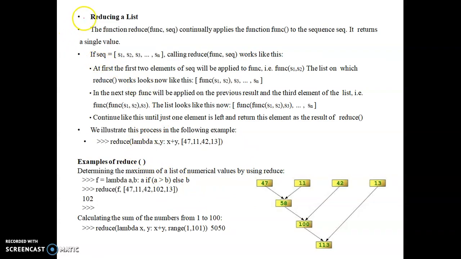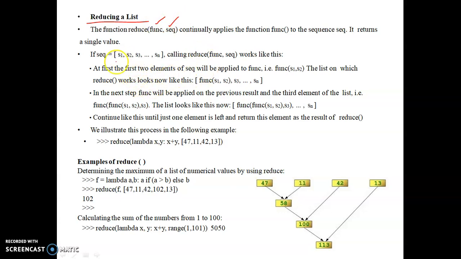This is the reduce of the list. We can reduce the list into the required number of elements, by doing some arithmetic operations or by checking any conditions. For this also we have one parameter that is the function, and another parameter is the sequence.